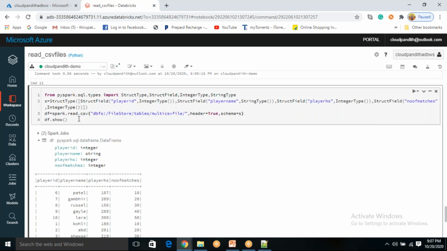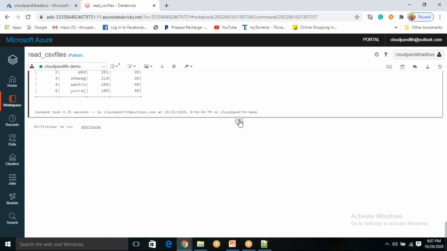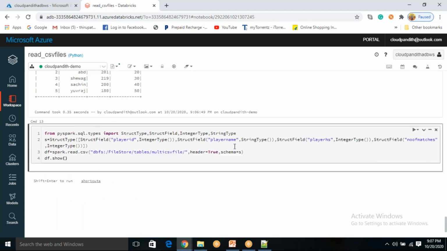Okay, now the next thing. We have seen already header equal to true. Now I'm just using schema equal to S. After that, I will try to use separator equal to comma. So what will happen if I use separator equal to comma?